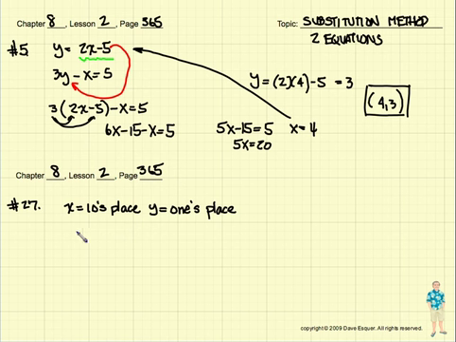Chapter 8, Lesson 2, page 365, number 27. This is a word problem, so word problems sometimes take a little more concentration. It says the difference between two numbers is 18, okay? And we're going to be doing this oh,